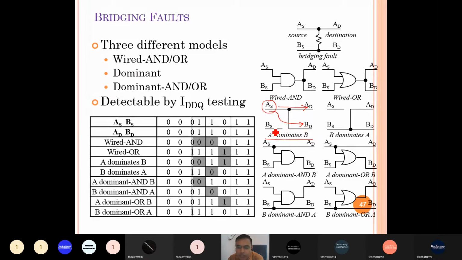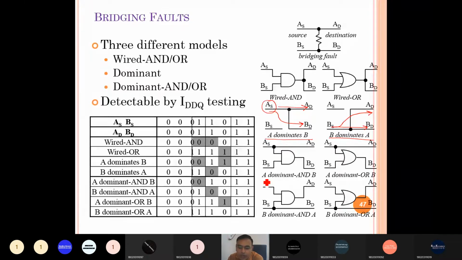So instead of BS, due to this bridging fault, AS will transfer to BD. And when B dominant A, that means B is assigned to BD as well as B dominates A, so AD is also equal to BS. So here the AD output will get a wrong output due to this B dominant A fault.